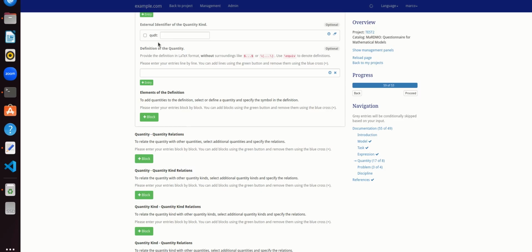However, since we define a quantity, that's not relevant for us. Likewise, we could define a definition of the quantity and the corresponding elements. However, this is also not interesting for us. This would be the information block of the quantities, and as before, we could now define some relations between the